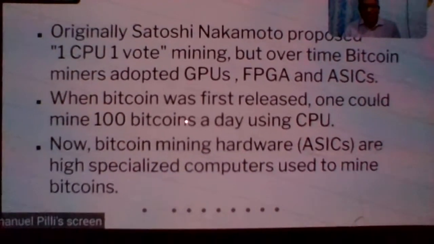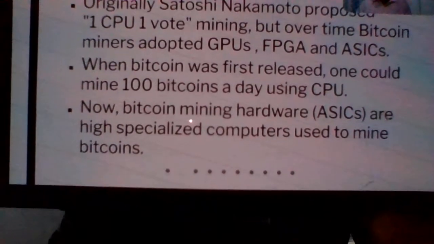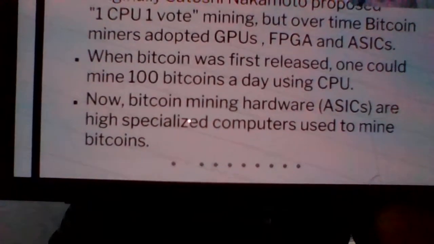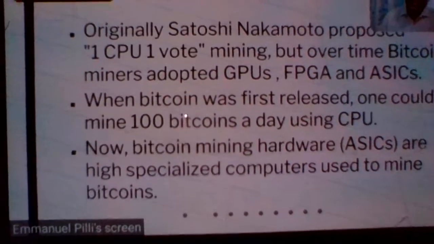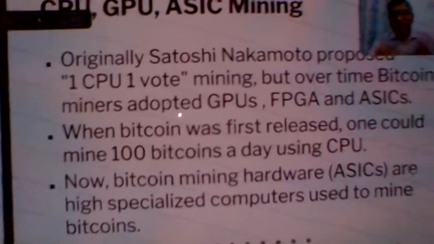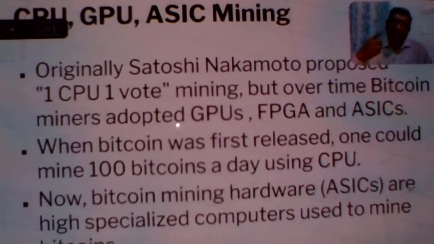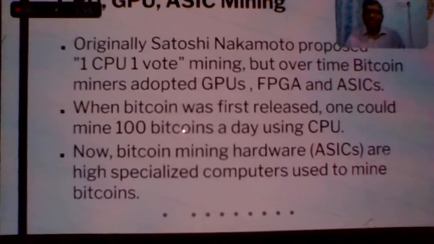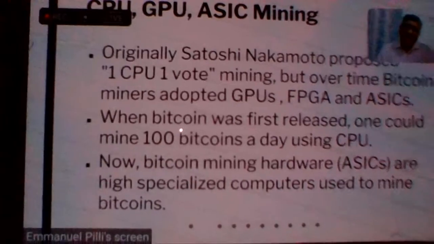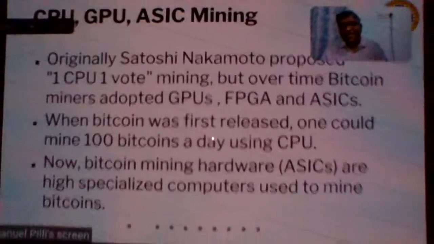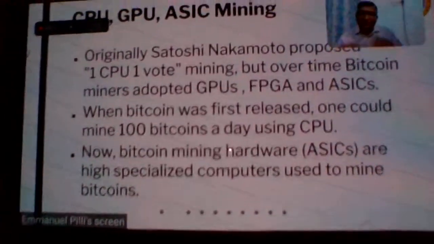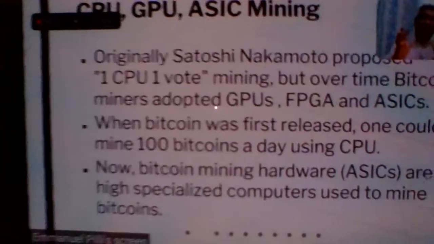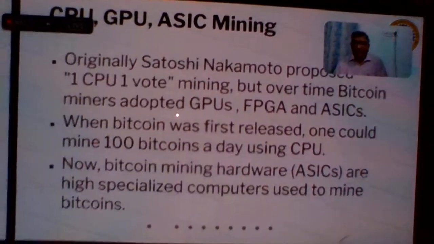Slowly, people got more greedy, so they used what are called GPUs, graphical processing units, and then the algorithm in a parallel fashion, because CPUs mostly go serial since the number of cores is less. When you want to find nonces for the next value, there is only one core, or maybe 4 cores. So at a time, 4 nonces can be found and verified. But just imagine a GPU may have more cores, and more nonces can be found and verified at the same time, in parallel. Or the entire mechanism can be parallelized. That is what a GPU was doing.